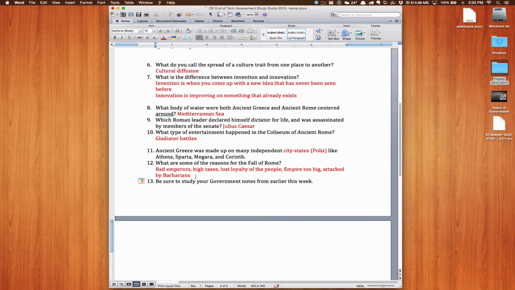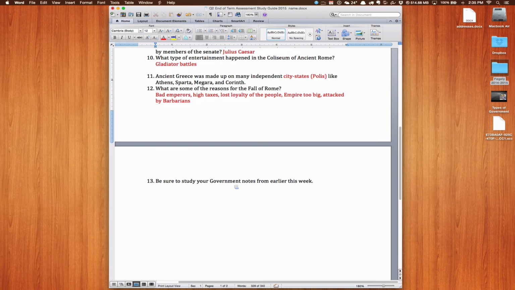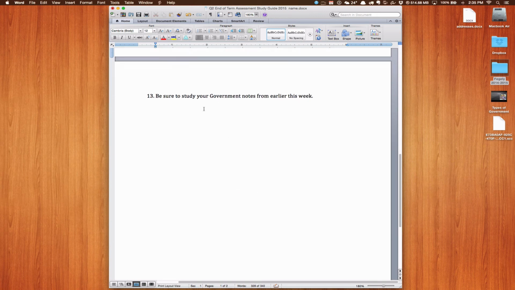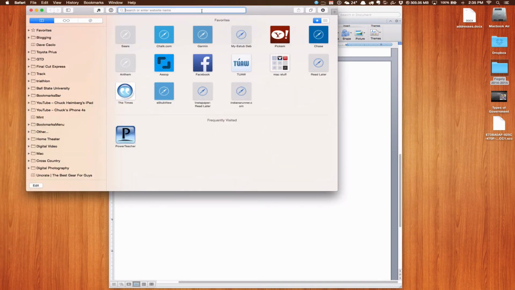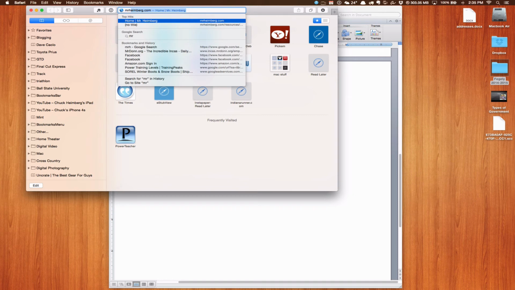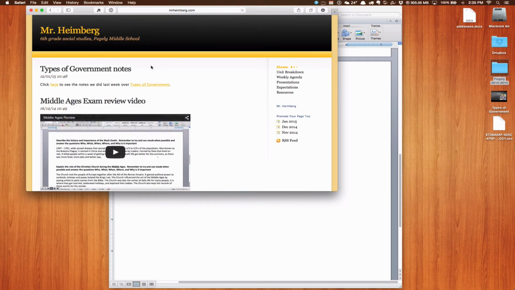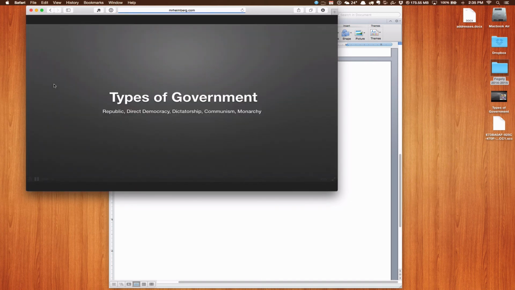All right, let me get this dropped down so we can see it better. Finally, it says be sure to study your government notes from earlier this week. If you go to my website, which I linked earlier today, you're already at MrHeimberg.com, but you'll notice it says types of government notes. It says click here to see the notes from the video last week. And if you click on that, you will get